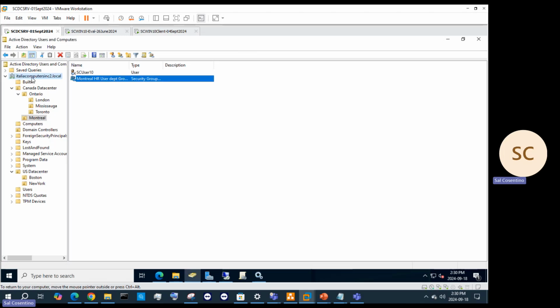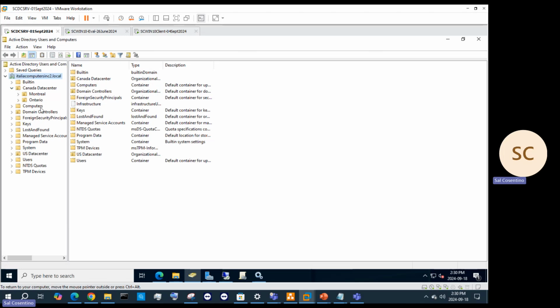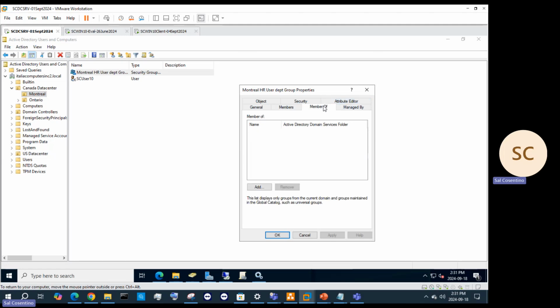So let me refresh that for a second. It might not have. Yeah. So let's go to our Canadian data center and go to Montreal. Go to the members. Yeah. And there he is. He's user 10, user 11. 9 and 10 are in different data centers, locations, but are both part of the HR department. Seems like we have our user 9 who's working remotely, so should be able to